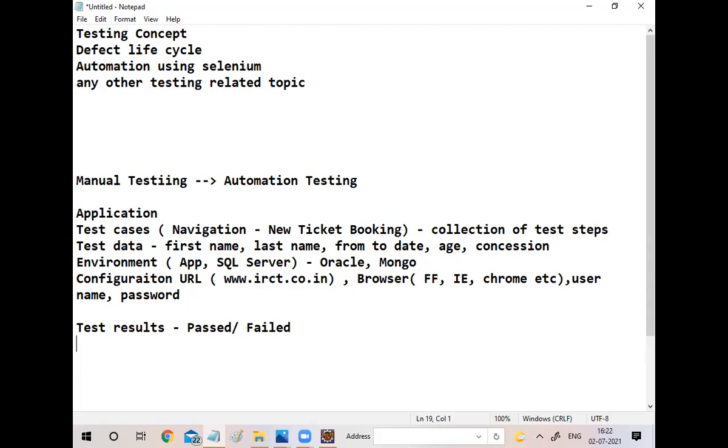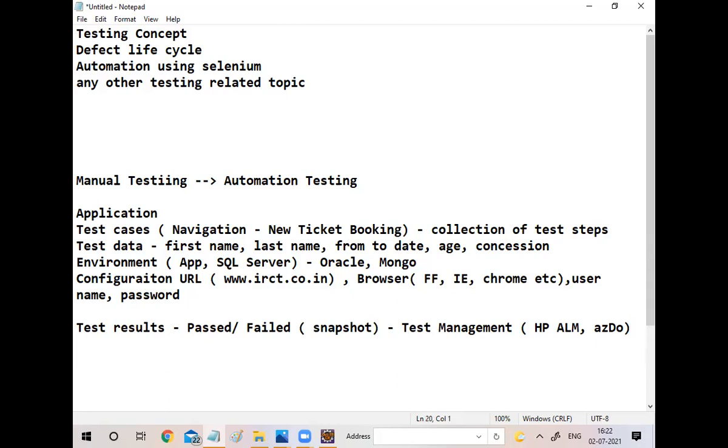If you are testing manually, you take a snapshot, passed or failed, and attach it in a test management tool. Some people use HP ALM, some use ASDO, which is Azure DevOps. It depends on the company.